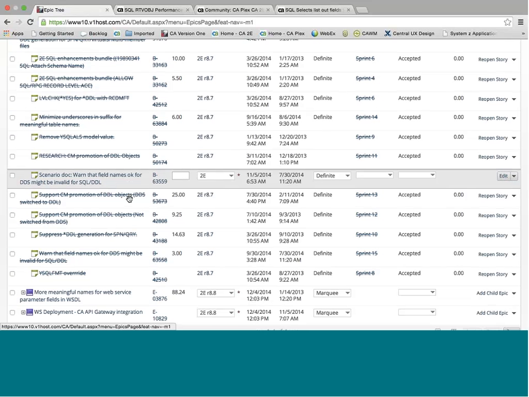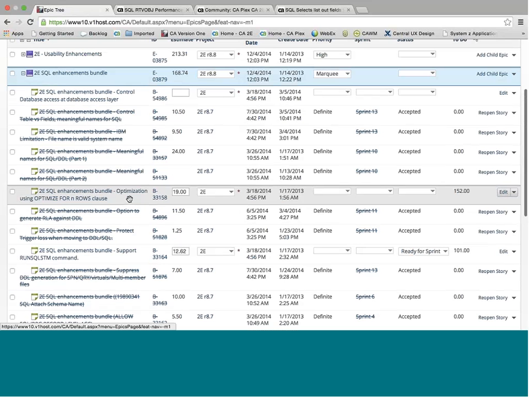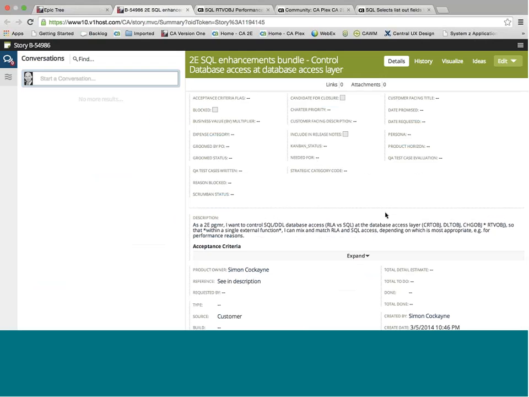So here, what about controlling access at the database layer? In the function right now, you can certainly choose to have SQL style access. You can either choose something like record level access or SQL-like access. What if you could choose at the database level, so within your create object, delete object, change object, and retrieve object,